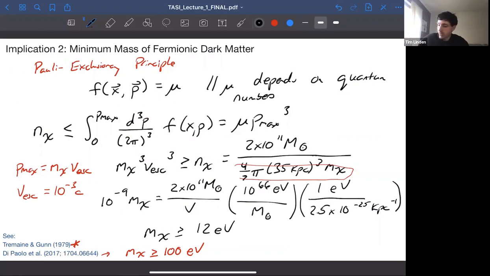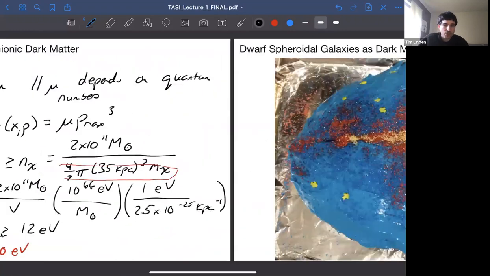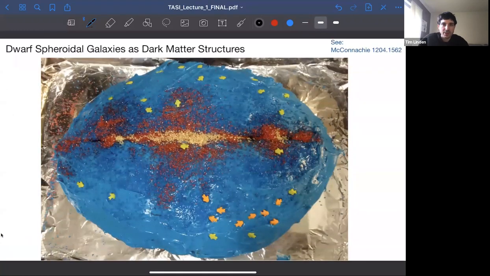Good. Okay. So let's go to dwarf spheroidal galaxies. They seem to be important, as I just mentioned from this more recent paper. And I apologize to people for whom it is currently about their lunchtime or dinner time or something like that. This is an extraordinarily accurate cake of where dwarf galaxies are surrounding the Milky Way with a gamma ray